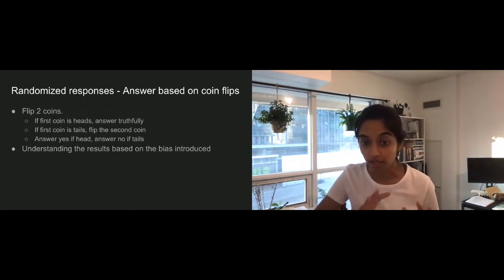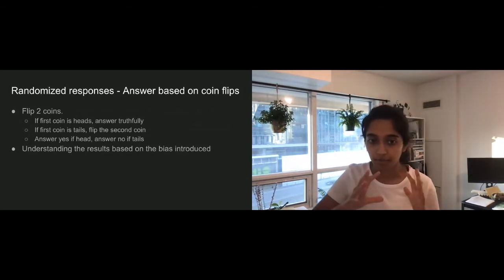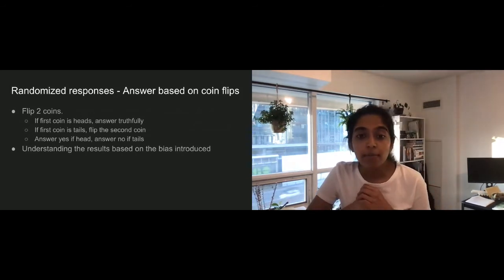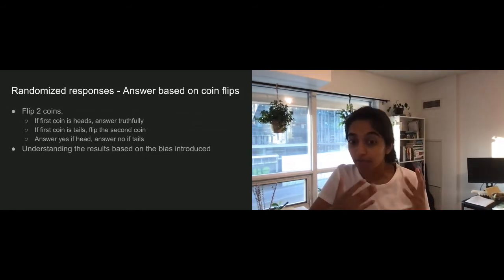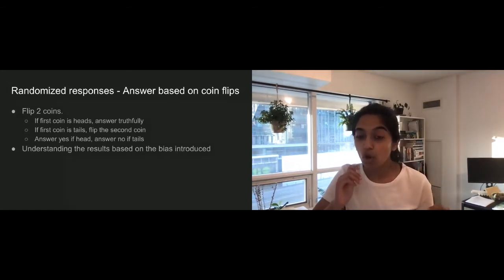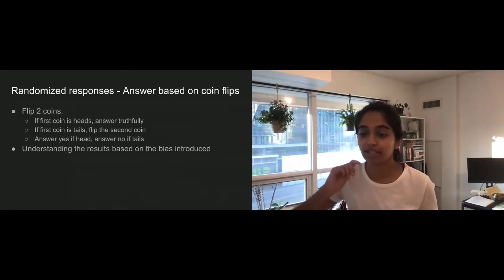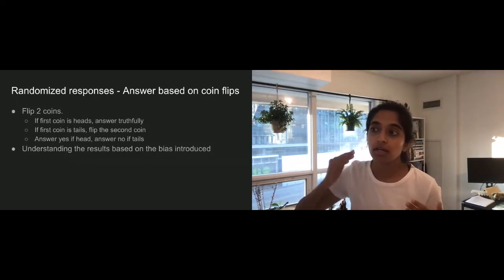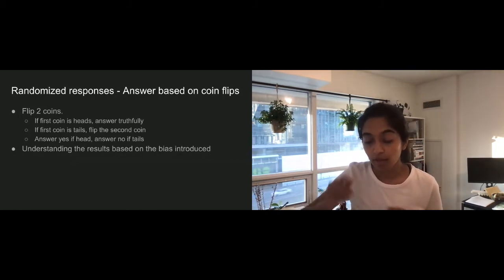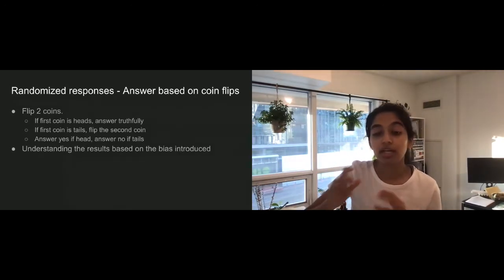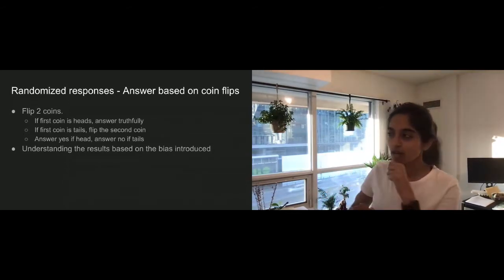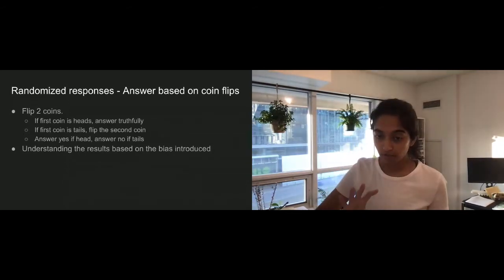This honestly is a very interesting concept by itself. But you might be thinking, hey, all of the results going into the database are actually wrong, right? At least half of them are wrong. You're right, but you know how many answers are wrong. Because of the coin flip, you know that half of the answers are wrong, and you know the amount of bias that you're introducing. Because you're aware of the bias, you can reverse engineer the answer using the bias, and you can get a very close answer, which is awesome. So that's the basis of local differential privacy.